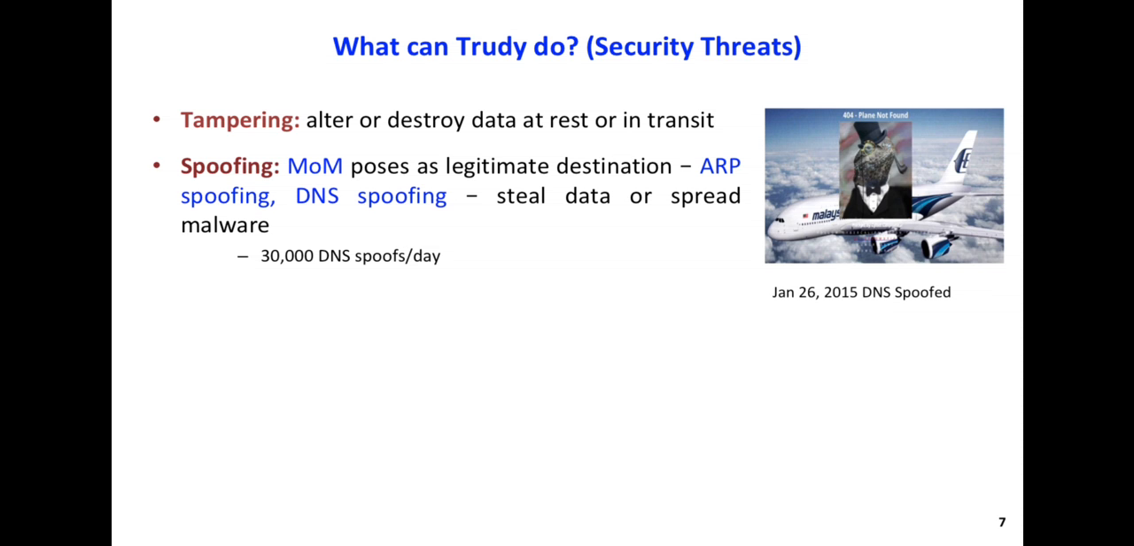This is what happened to Malaysian Airlines in 2015. See the picture on the right. When users were trying to access the Malaysian Airlines website, they were getting this message: 404 plane not found. This was coming from a server of the attacker. What was done was the IP address was changed to the attacker's server's IP address. So whenever someone was accessing Malaysian Airlines, it was going